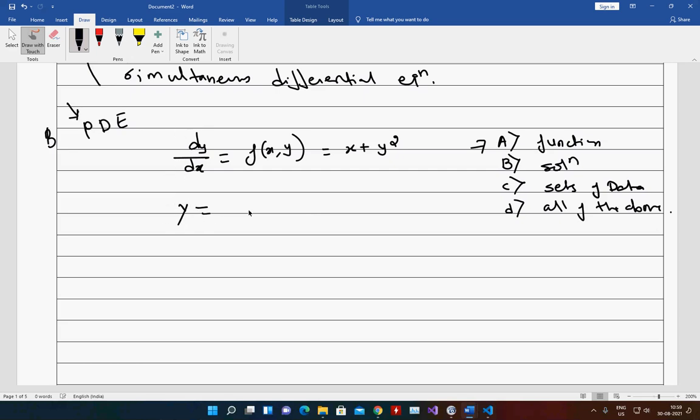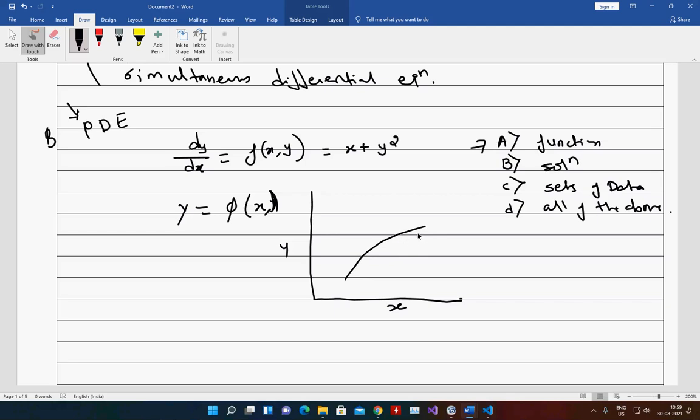So naturally I am going to get y is equal to phi of x. This is what I am going to get. Phi of x, y, or maybe phi of x. And when I plot y is equal to phi of x, so this will be my x and this will be my y. Okay. So this is what is my relationship. What I am going to get, y is equal to phi of x.